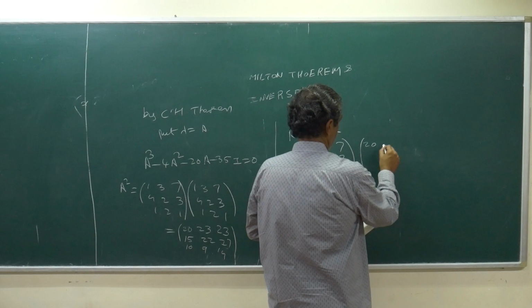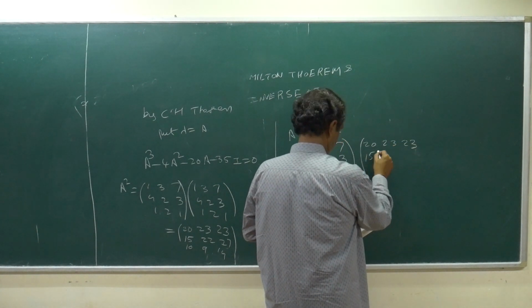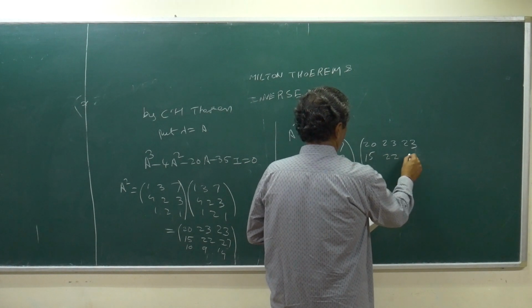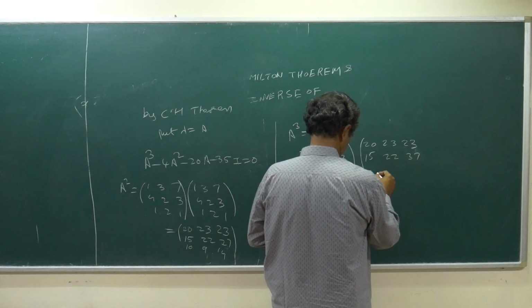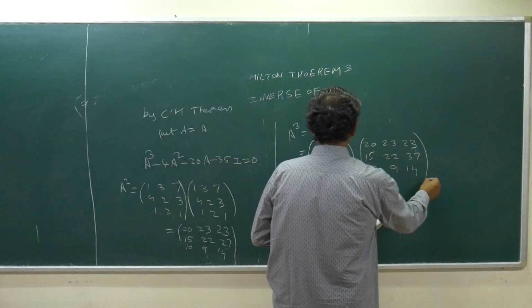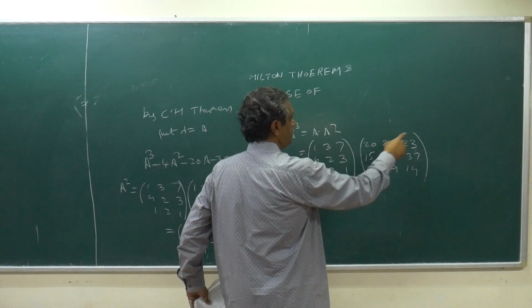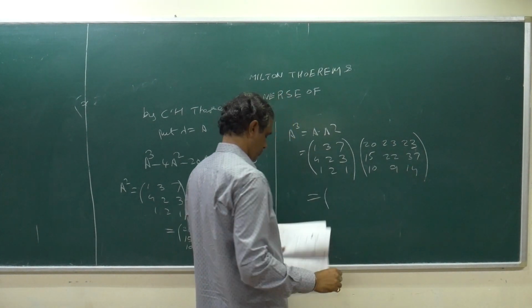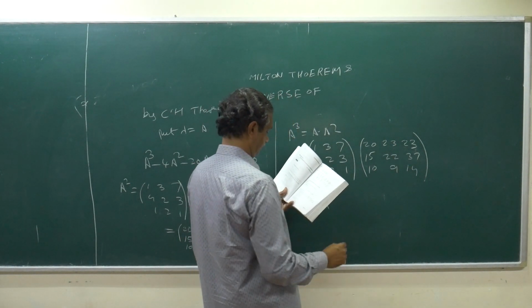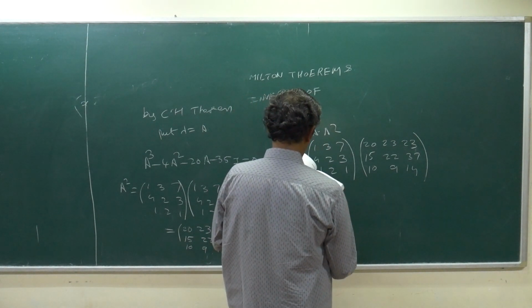20, 23, 23, 15, 22, 37, 10, 9, 14. Then find again first row, first column, first row, second column, first row, third column, all you can fill in first row. Then A cube, what you will get? This is also I am just copying. A cube is equal to